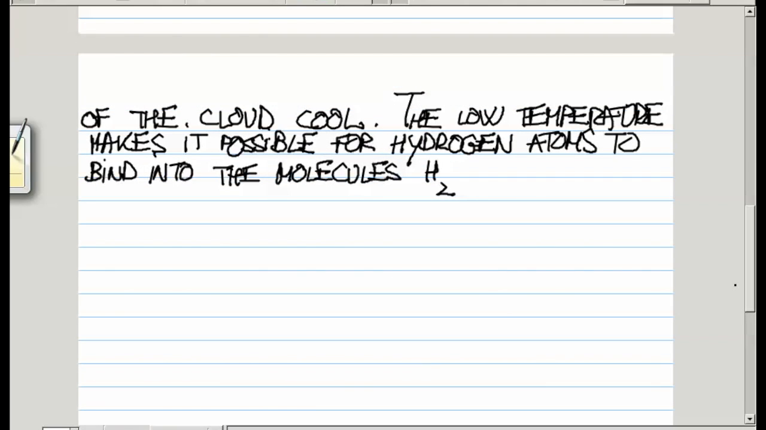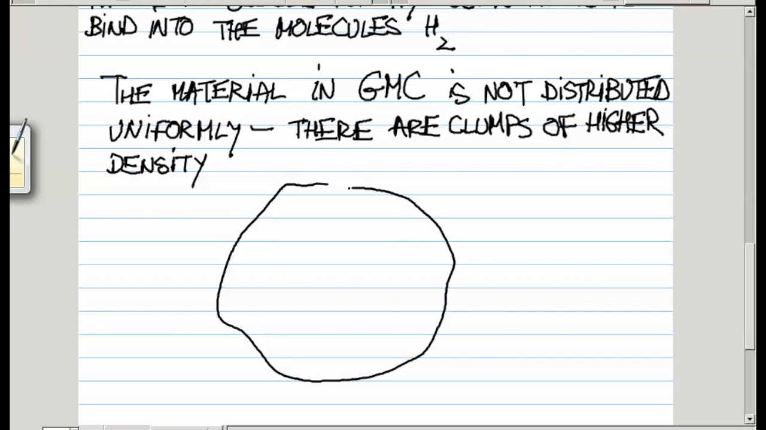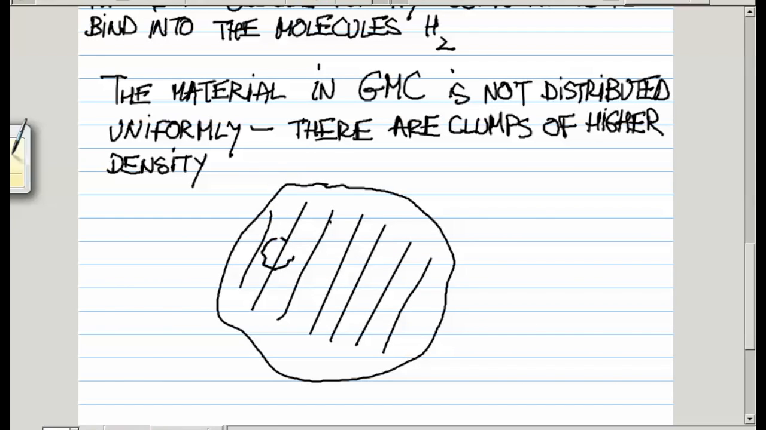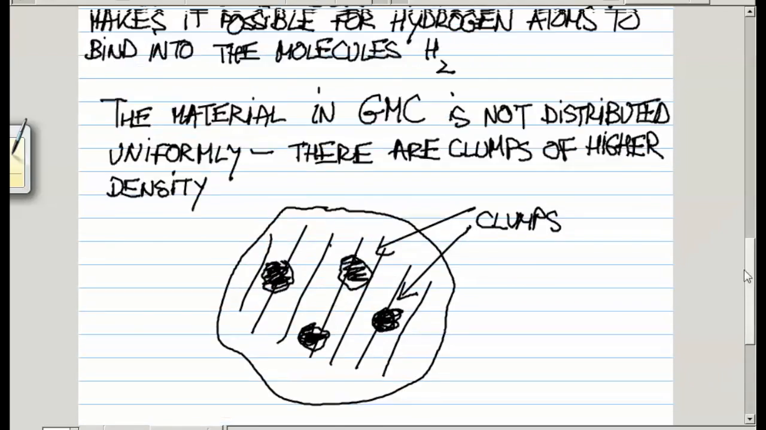Now, it turns out that the material within this cloud is not distributed uniformly. There are clumps of higher density. Okay, so if this region here is a giant molecular cloud, there are pockets of higher density. So this schematically illustrates the existence of these clumps. And if you go to the actual photograph of that particular nebula, M16,